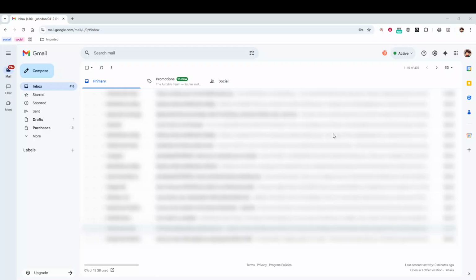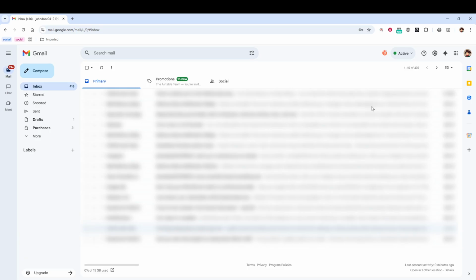In today's video, I am going to teach you how to add iCloud to Gmail. This is a helpful setup if you want to read and manage messages from your iCloud inbox directly inside Gmail without switching between email apps or websites. We will do this from a computer, since the Gmail settings we need are easiest to access on the desktop